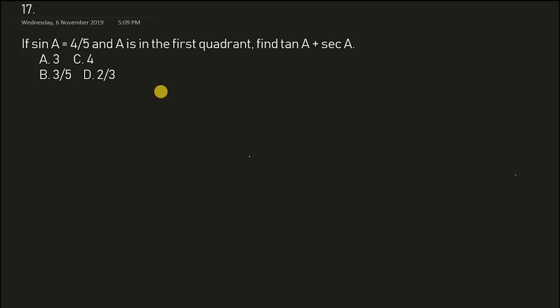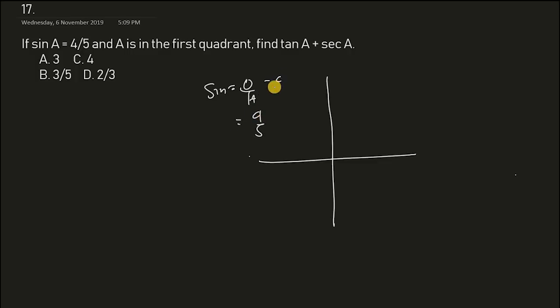Sabi dito, sine A is equal to 4 over 5 and A is in the first quadrant. So, we know that sine is opposite over hypotenuse again. And that's 4 over 5. Ibig sabihin, the opposite is 4, hypotenuse is 5. First quadrant siya, so yung side na to is 4 and the hypotenuse is 5. So, kung mapapansin nyo, this is a special triangle. This is the 3, 4, 5. Pero we can still solve for the value of this without knowing that this is a special triangle using